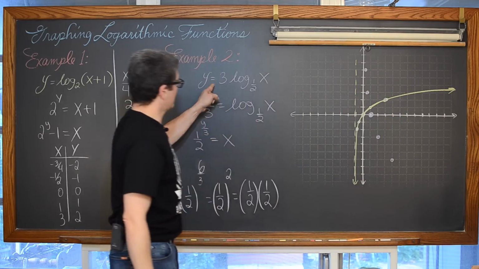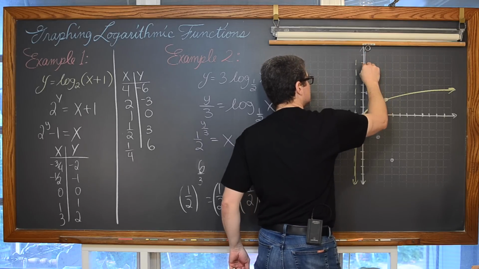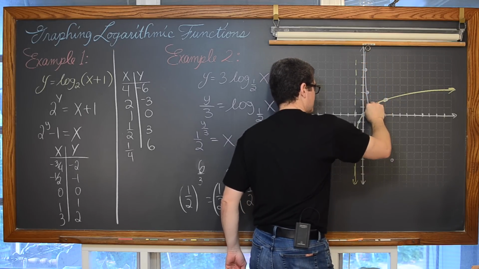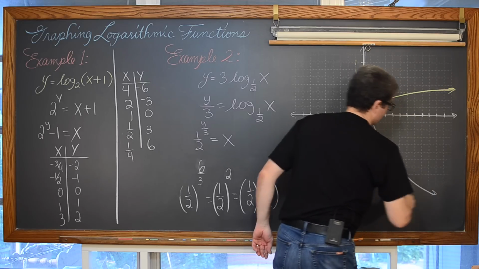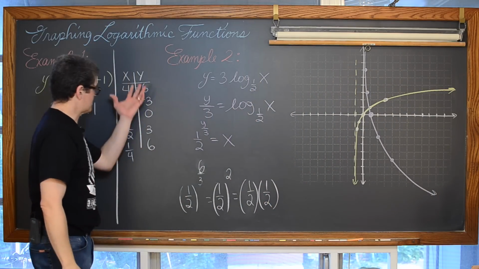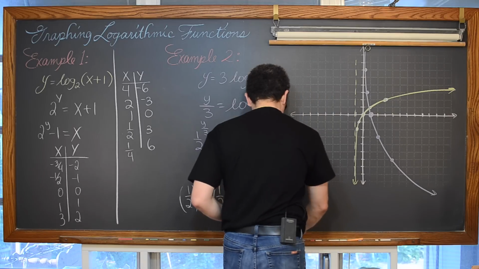And that graph is going to look something like this. Well, more than something like this, it's actually going through these points. But how quickly it bends over as we go to the right, to answer that, I'd have to make a bigger t-table. But I said I was going to talk about domain and range.